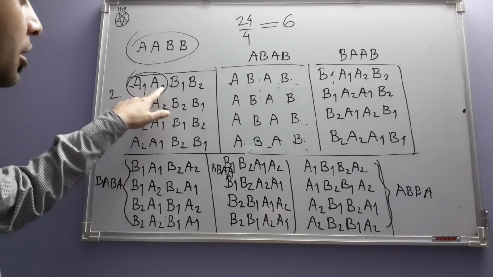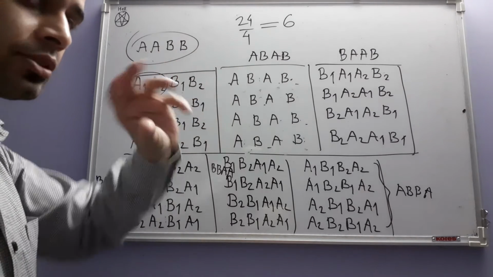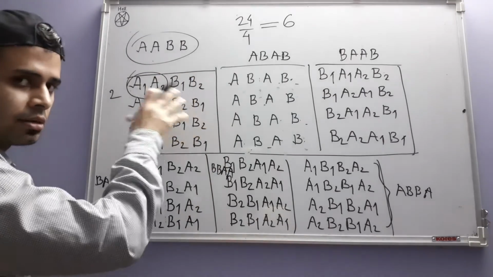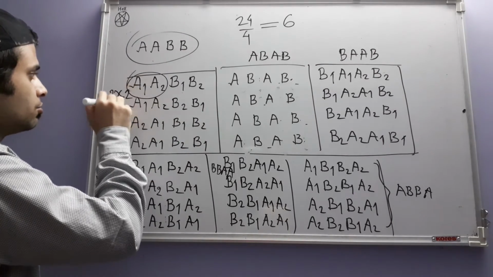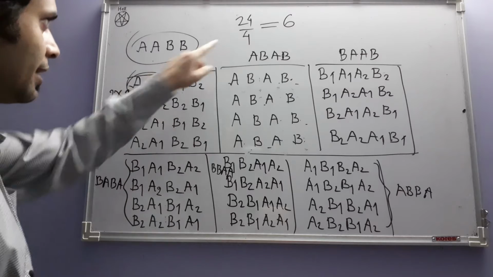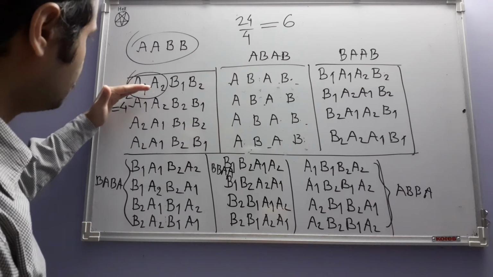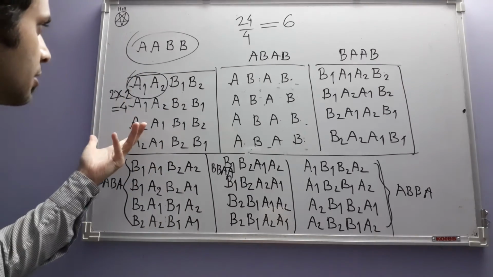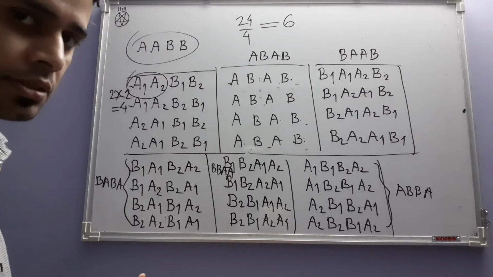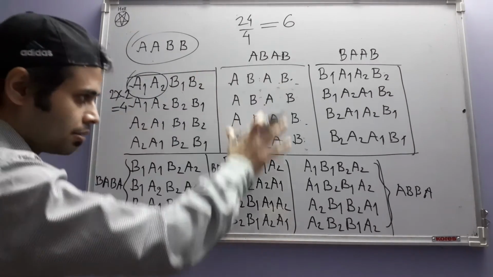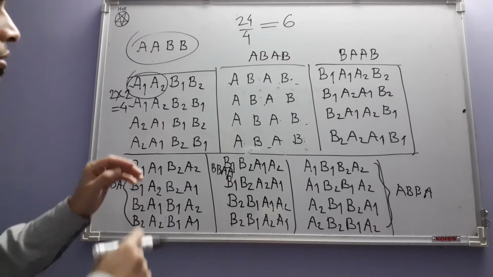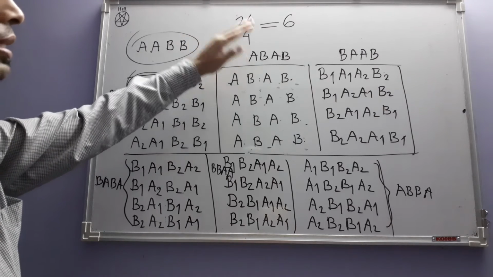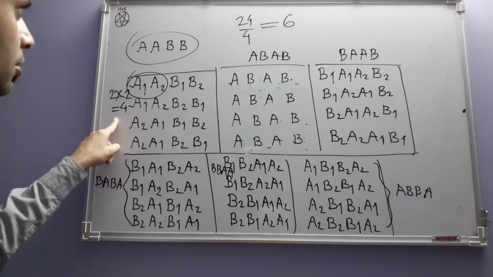For each such arrangement, the B's can among themselves be arranged in 2 ways. So the A's as well as the B's can be arranged among themselves in 2 times 2 equal to 4 ways. So that's why we are dividing by 4, because we are counting the A's twice, and for each such count we are counting the B's also twice if we write the permutations like this. That's why the actual result is magnified by that factor, and that factor is 4, by which we